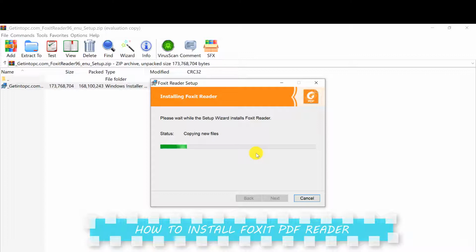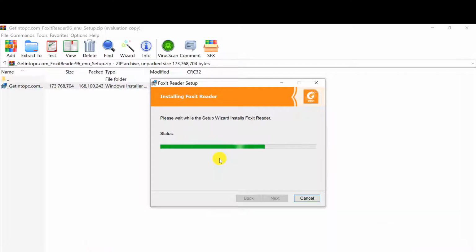Almost done. This is among the best PDF readers in the continent. It's very fast, convenient, and easy to use. Then you send your document to an internet cafe to convert to PDF. This is the software for you. It does all the works. It takes some few seconds to be done.